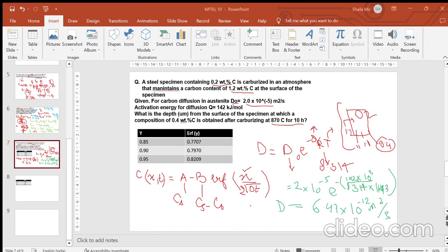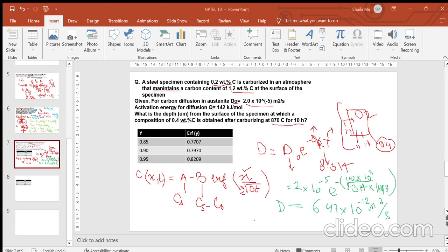So I can put it in this equation now. Here it was ERF y equals 0.8. Now I know that this y is equal to 0.908. So I can write that x divided by 2 under root of dt is equal to 0.908. Okay, now you can tell me the value of x,